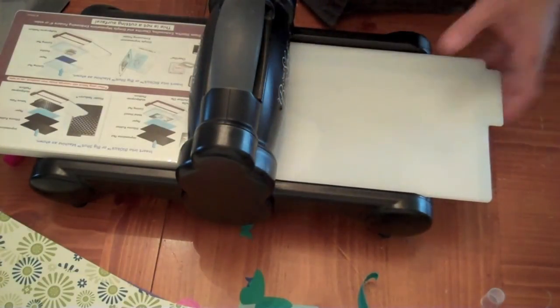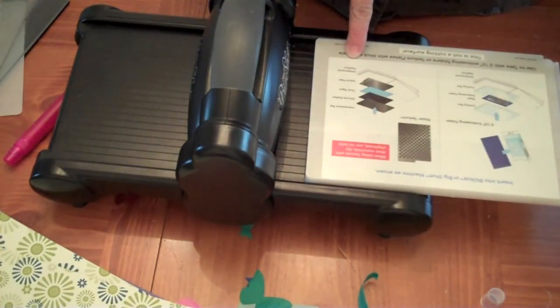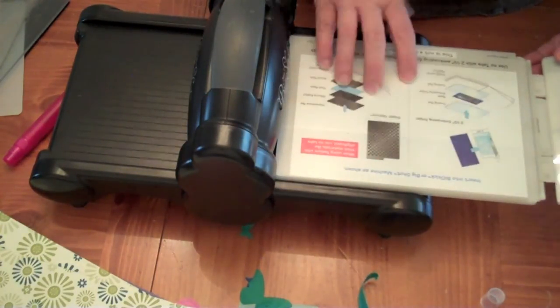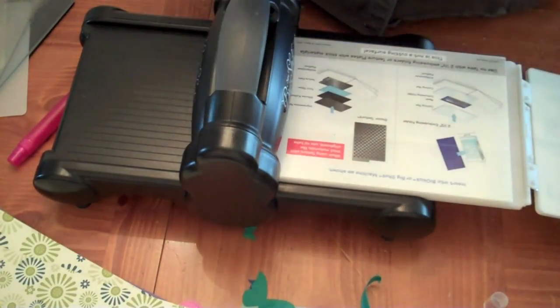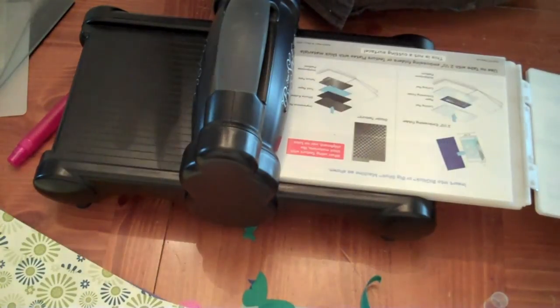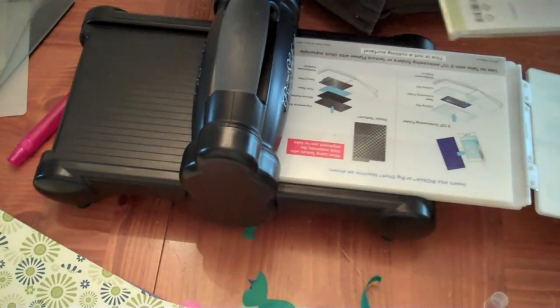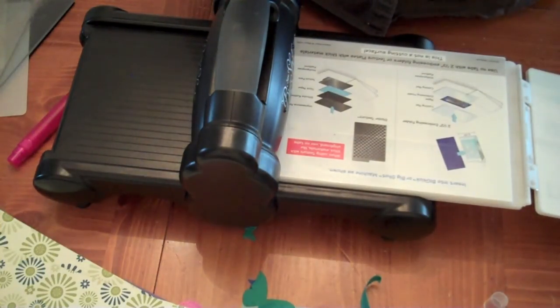Alright, and the other thing we have to emboss with are embossing folders, and you're going to use those with, you're going to take tab 2 and tab 1 down, and you're going to use them with just the back tab. Okay? And you can use this with the Cuttlebug embossing folders, as well as the Sizzix embossing folders, and the ones Stampin' Up! carries. We've got polka dots, flowers, you name it, we've got it. Like I said, every type of product on the market, except for electronic or digital, works in this